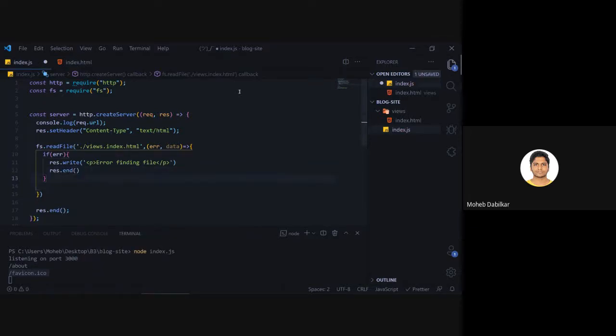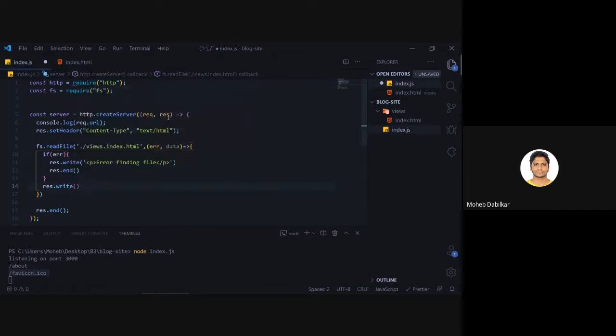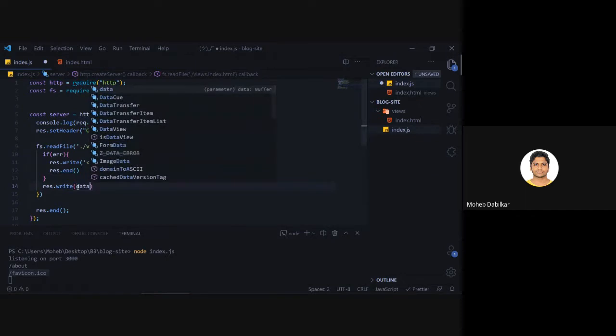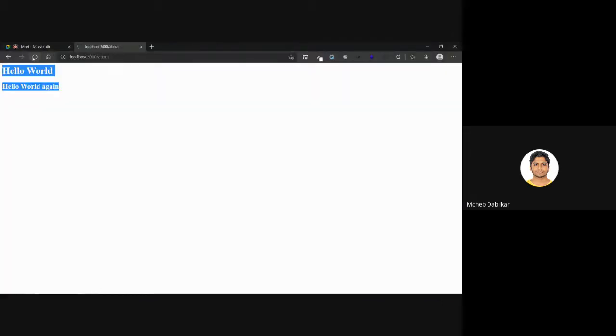Now this is a bit of error handling for you. We will be learning it better. Then we can say res dot write over here. You see we have our data object, we can directly say data. So now that we have this, let's just try this. We can control C it and try and refresh it.